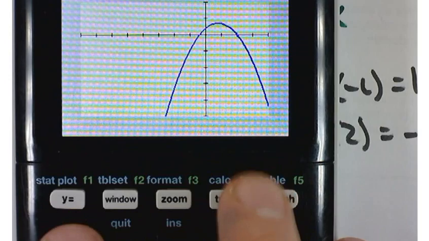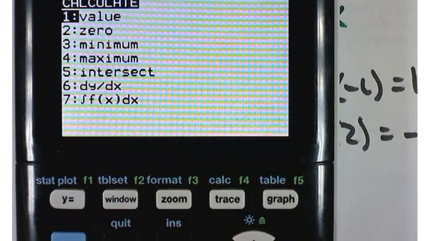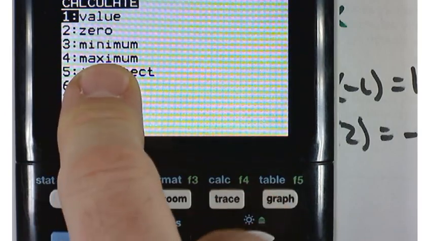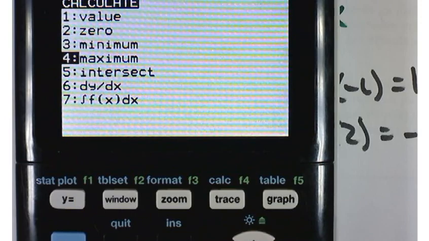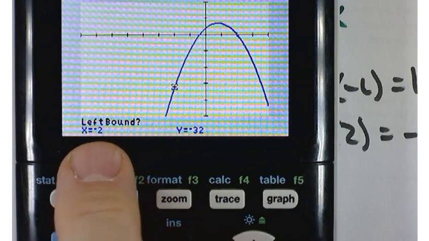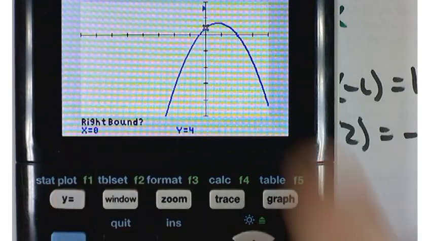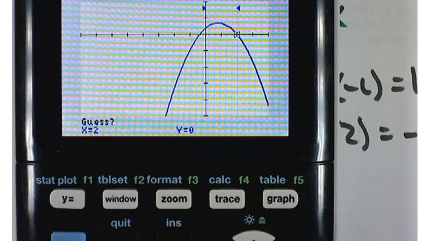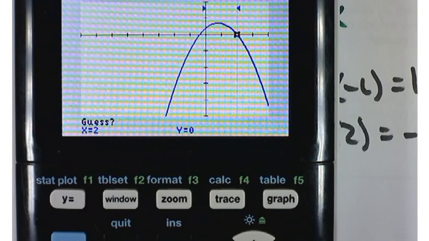So you can actually figure that out a couple ways. But one of the tricks you can do on your graphing calculator is you can hit the second key, then the calc key, and find, I don't know, a maximum. So we can kind of confirm where we think that maximum is. So it's going to ask you to set some limits. So I want to look for a maximum between this point and this point. You can just type in a value like 0, and then maybe we'll go over to 2. So it's going to look for a maximum between those 2 points, and all I did is type them in. Now it's asking me for initial guess. I always just press enter at this point. The calculator is actually being lazy, and I get